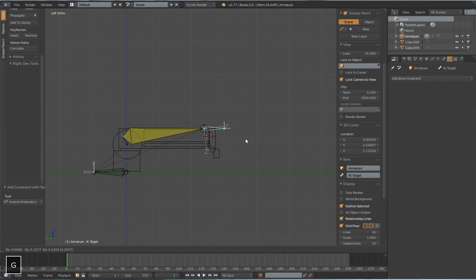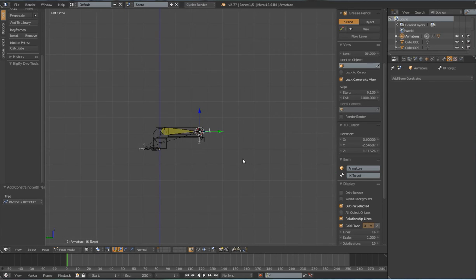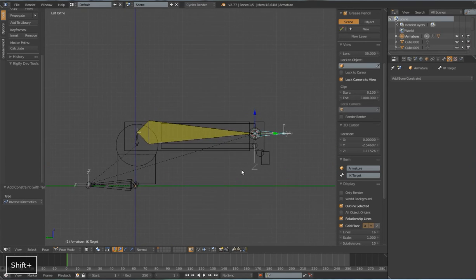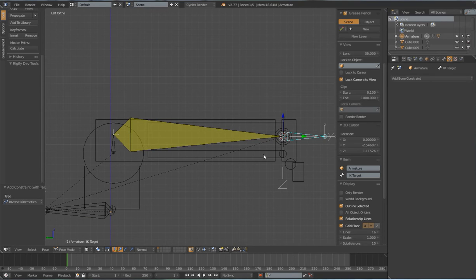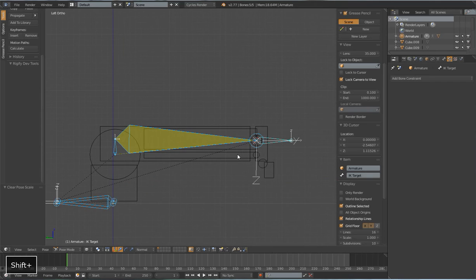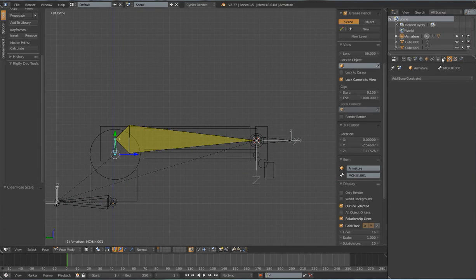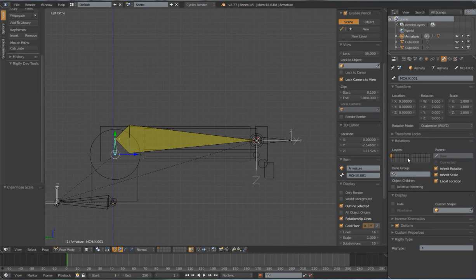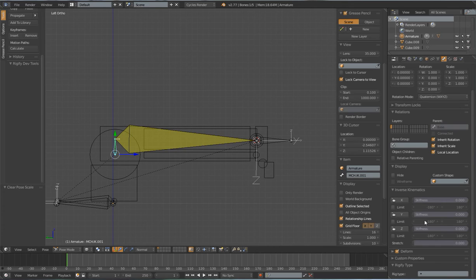Let's see what happens here. You can see that it's affecting both of those bones, but it's not looking like what we want. So IK constraints are a special constraint in Blender. Let's clear all our rig controls, make sure nothing's out of place here. And let's select this first bone here and go to our bone properties, and you can go down to inverse kinematics,